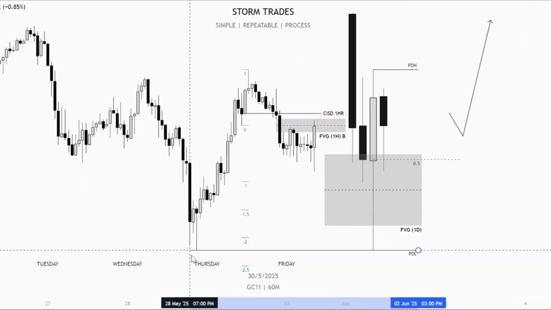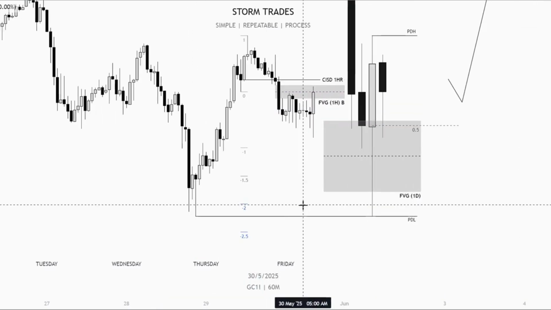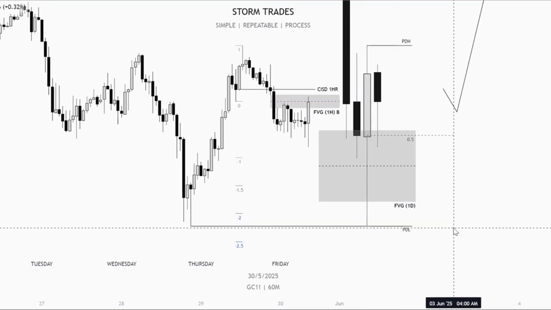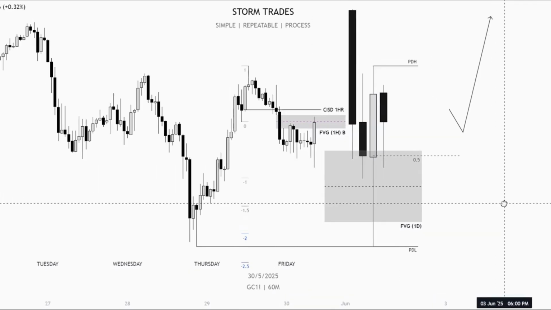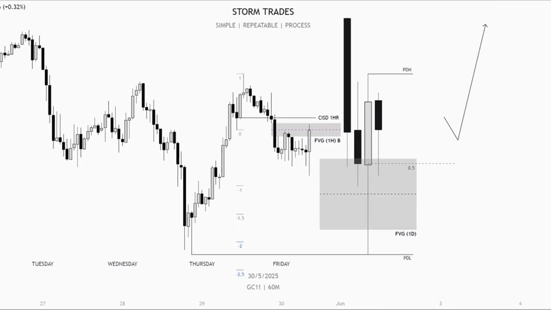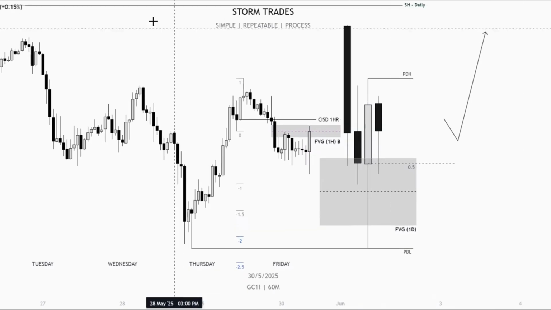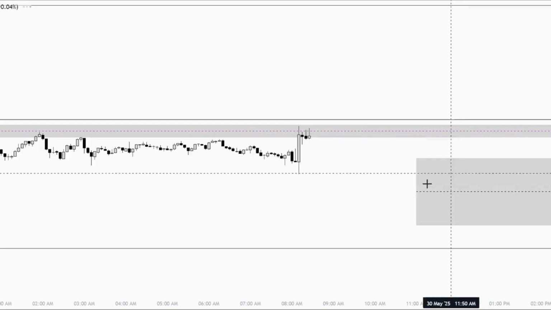So previous daily low, yeah. So that -2 to -2.5 lines up nicely with the previous daily low. So at this point, I will be starting to trade at 9 o'clock, and let me go to the M5 time frame